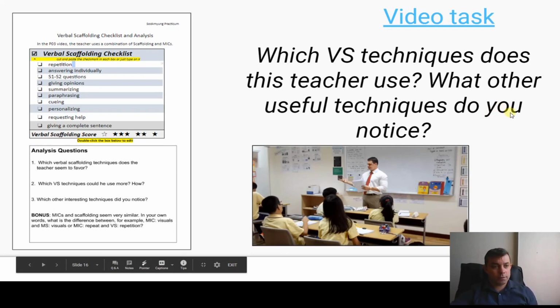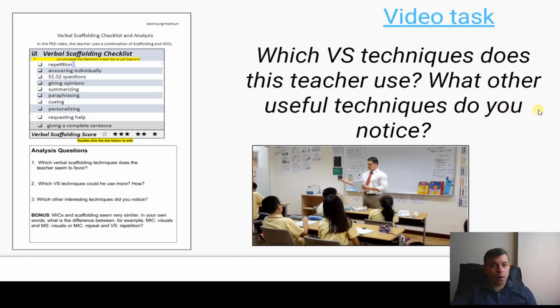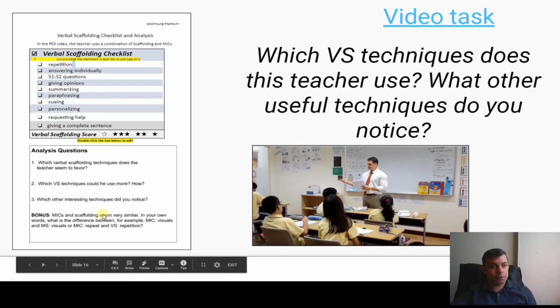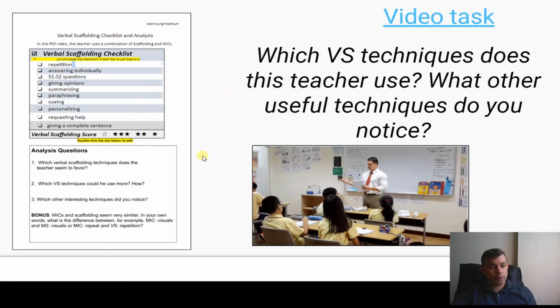Your next task is a video task. You're going to watch the video task. It will be linked with your post. It's also linked directly in this Google Slides presentation up here if you would rather click that if you're following along that way. And there is a checklist that is attached, and this checklist, again, you can double click the